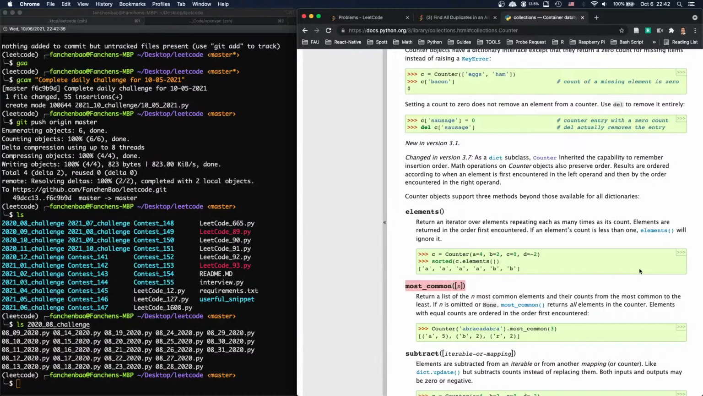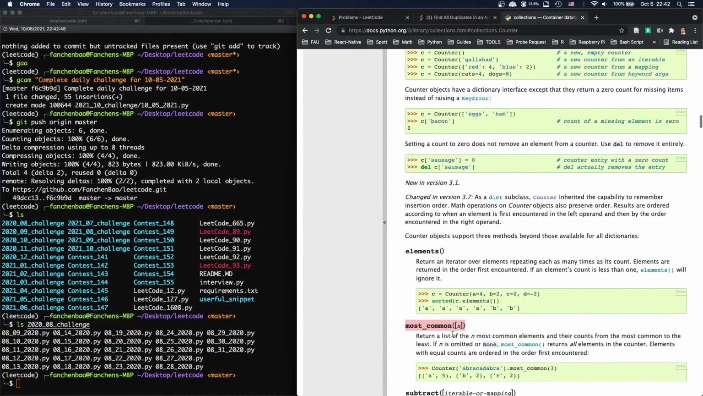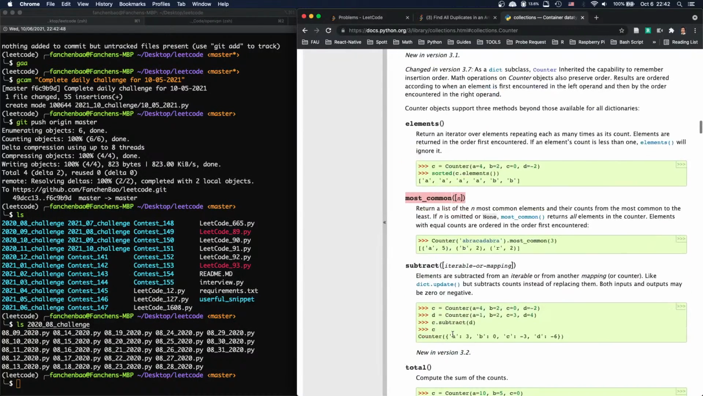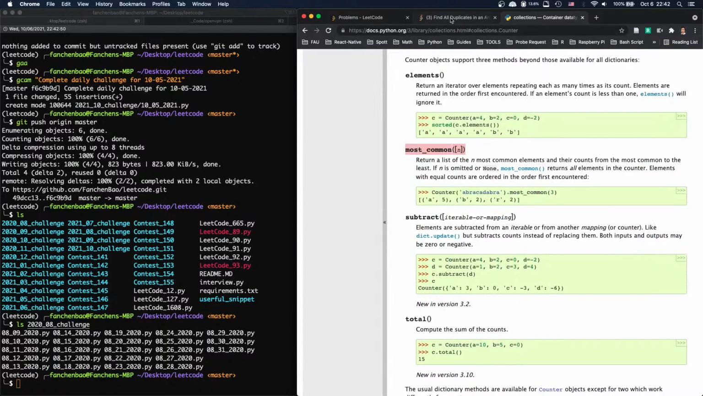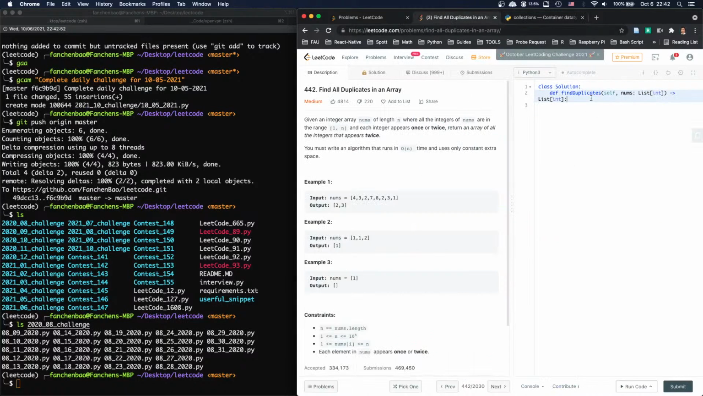I cannot do most common because it doesn't stop. It doesn't, like, return all the elements with say 5 occurrences, and there's no such function. I mean, it's easy to write. All right, so I think we'll probably do the same thing as in the past. So we just do nums, right? Counter equals Counter of nums, and then we simply return